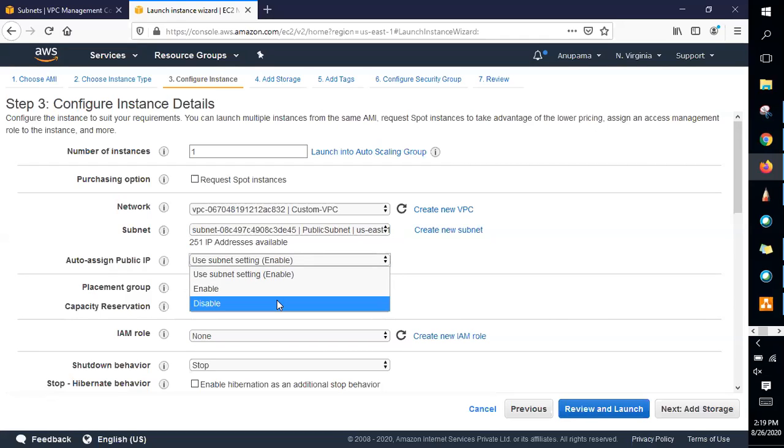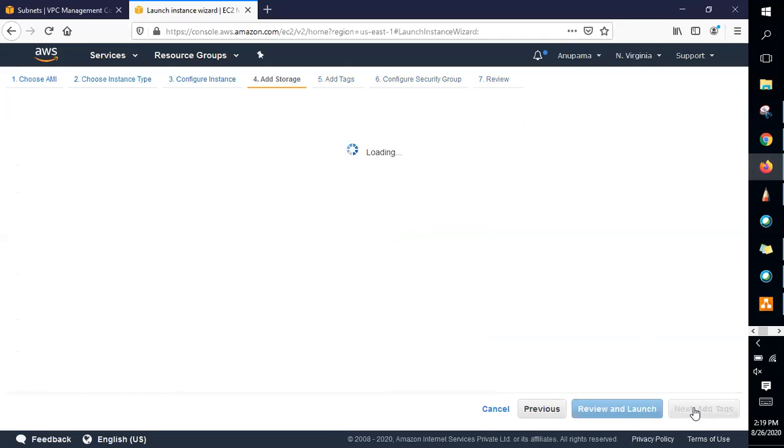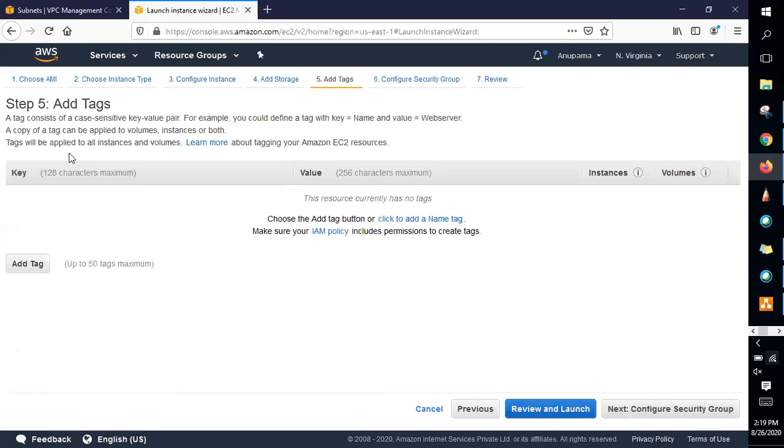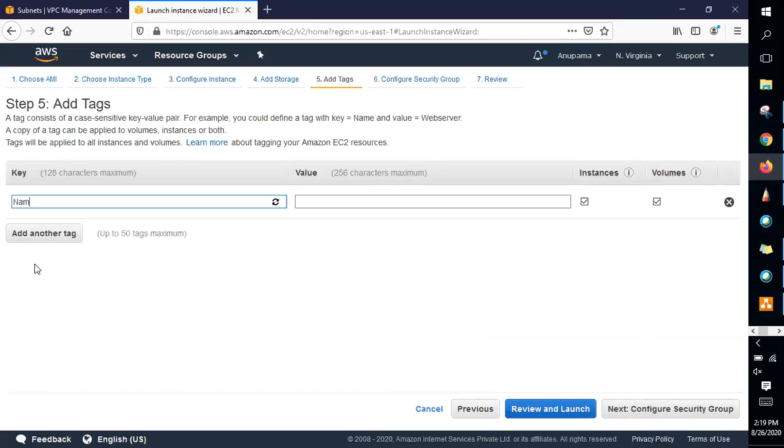Otherwise, if you don't want it, you can even disable it manually. So I said it automatically creates without enabling it because it is enabled by default. Okay, so let me go and create. I will just keep this as a default one. Let me create this instance in the public subnet now. I would just keep everything as default. The storage, I'll stick with the root volume and the name as public instance.